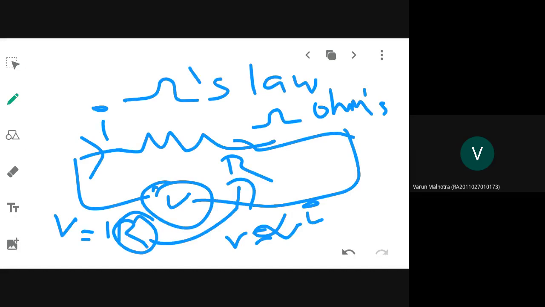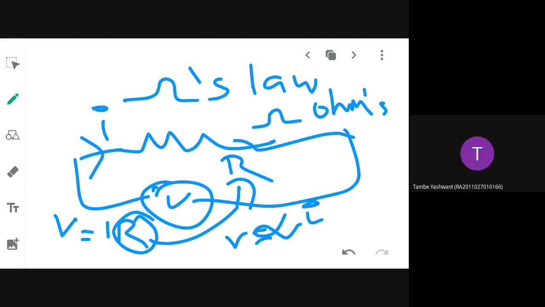So now tell me, what is an electric circuit? An electric circuit is a combination of active elements and passive elements in the form of a connected network. What is the difference between active and passive elements? Active elements are those that generate their own energy, while passive elements take energy from the active elements. Give me some examples of active elements. Battery.